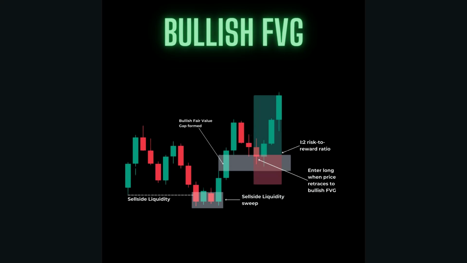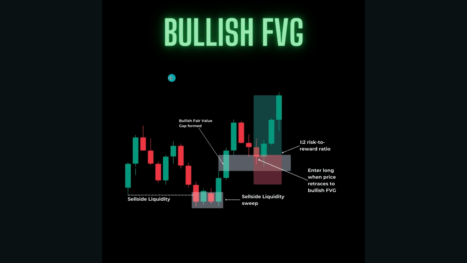Just wanted to jump in real quick one more time, go back to this example. Another way that you could do it, as far as where you want to take your first take profit and then move your stop to break even, is actually right here too, because this would technically be your first draw on the liquidity, because it is technically an old high, and over here it's kind of like a double top almost, so like a double high. So you could actually go ahead and take your first TP right here, and then move your stop to break even.